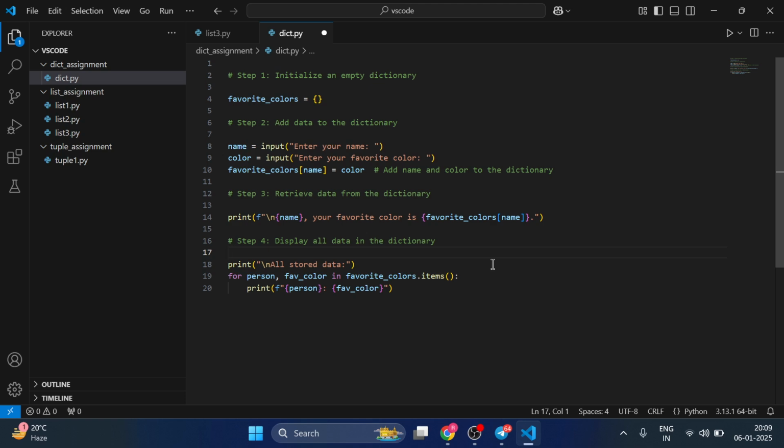Hello friends, my name is Rahul Chaudhary and today we are going to see a basic Python program using the data type dictionary. So first of all,